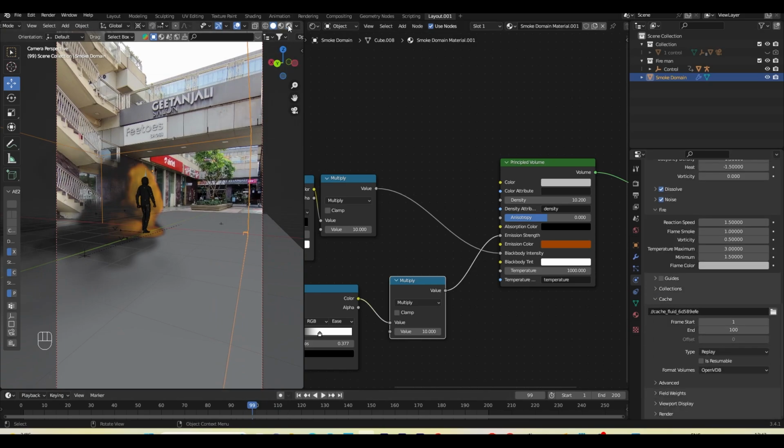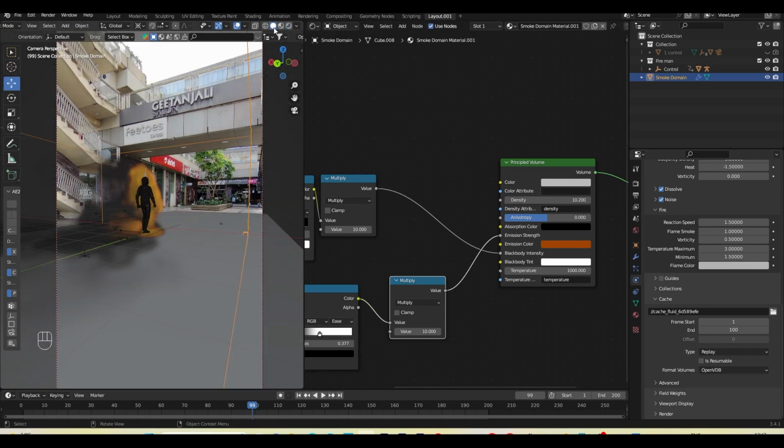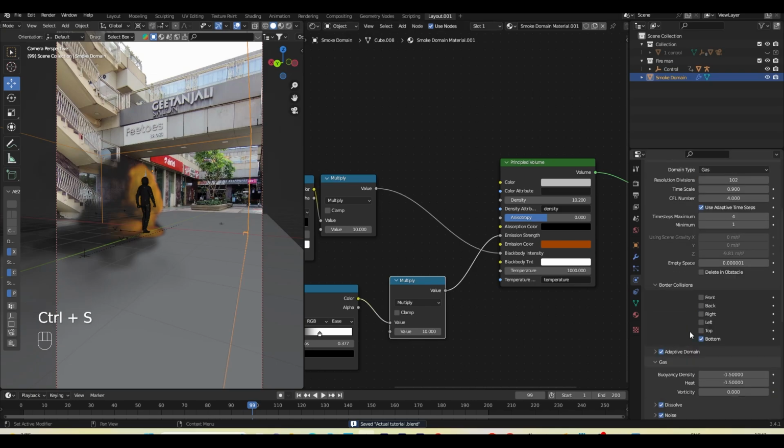So let me make it rendered view to see. Yeah, this looks not bad, this looks good, and we will organize the density even more. So for now this is pretty good. Let's bake 200 frames, and I will press Ctrl S to save this, and I will check if my system is